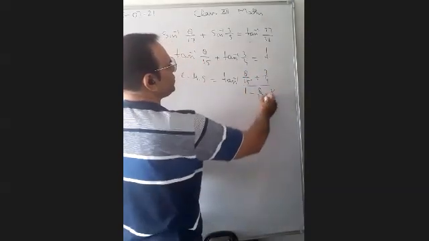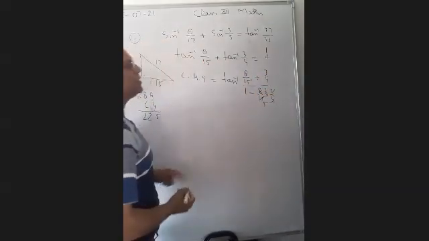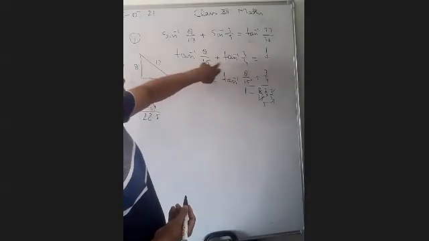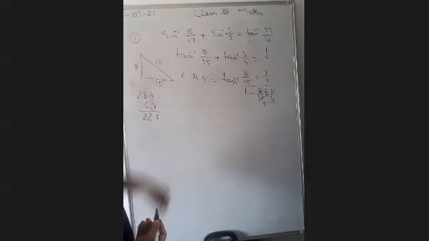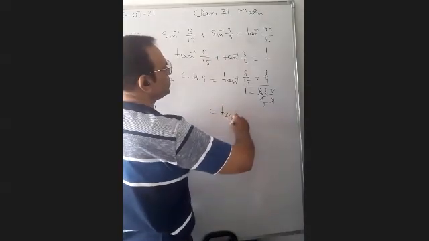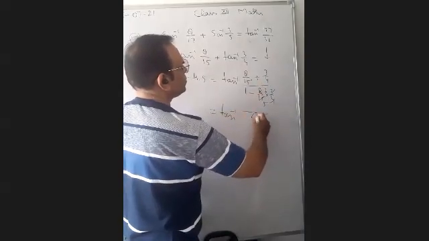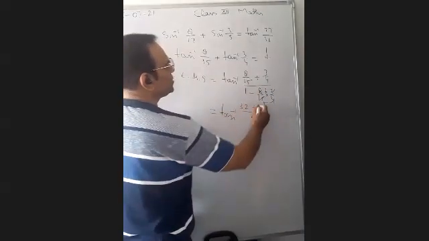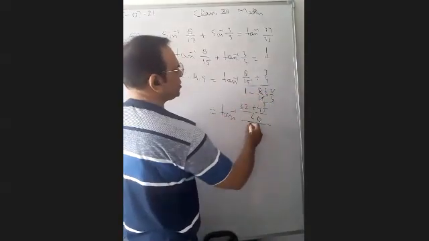Okay, 3 5s are 15 and 4 2s are 8. It is equal to 2 upon 5, which is less than 1. We have to take care of the product, xy should be less than 1, as I have told you yesterday also in one question. So it will be equal to tan inverse. If you take the LCM here, 60 will be the LCM. 15 4s are 60, 4 8s are 32, and 15 3s are 45, divided by 5 minus 2, that is 3 upon 5.